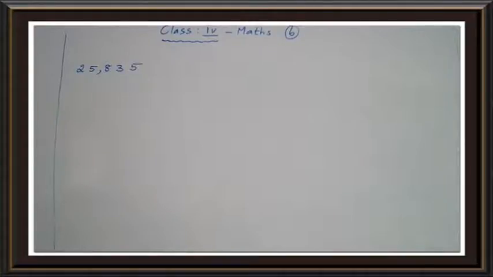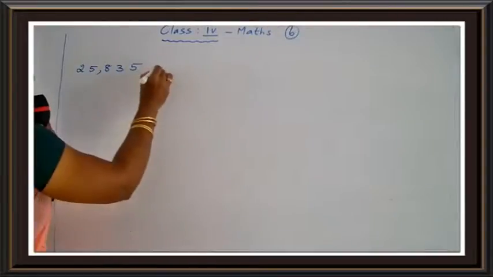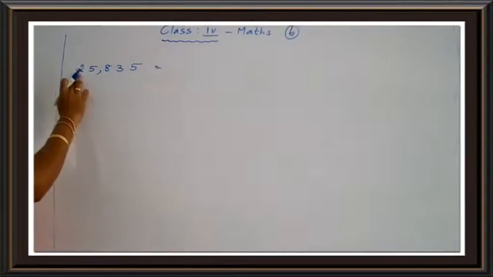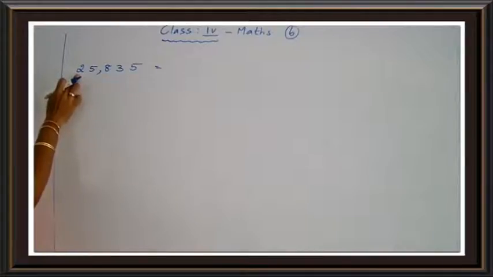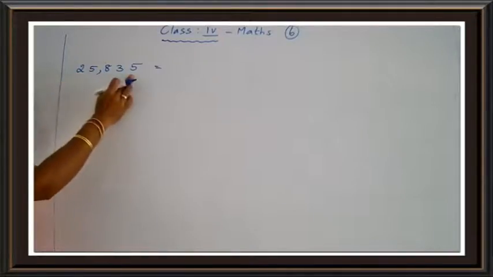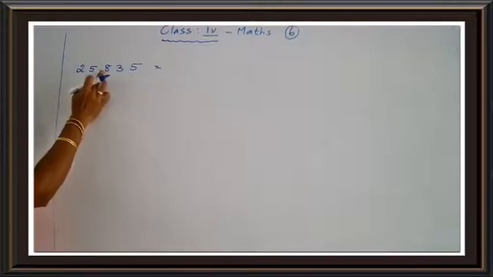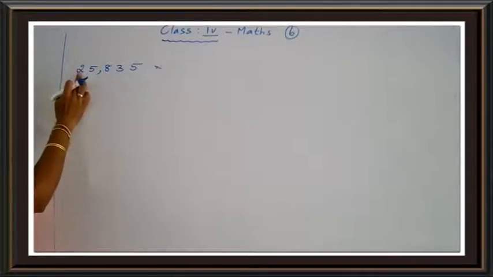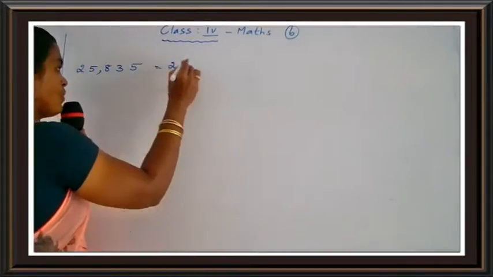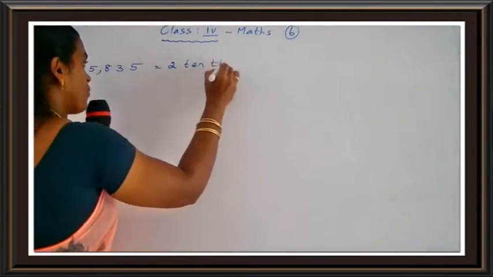Okay, so first way. You write in first way. What is the place value? First digit is 2. Okay. So now you put the place value of 2. What is the place value of this 2? Ones, tens, 100, 1,000, 10,000. Okay. 2 10,000s. So 2 10,000s.